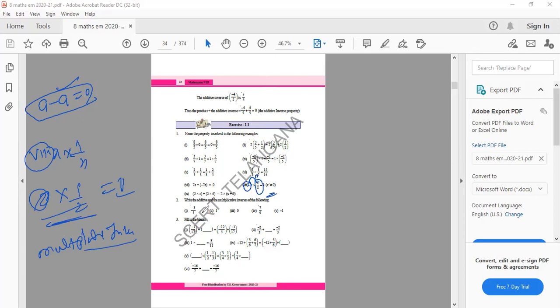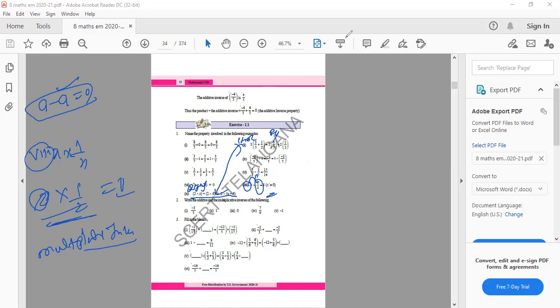Okay. Now the last one is similarly distributive law. Because this thing is already done. This is quite opposite to the second one, but both are distributive only. This is LHS, this is RHS. Now in the RHS, you take common a 2, and you are going to get the answer. Clear?